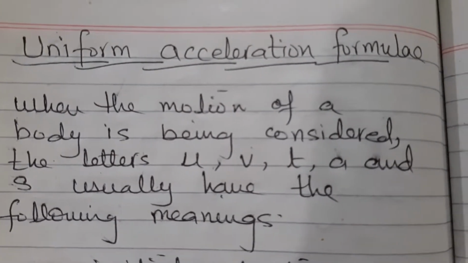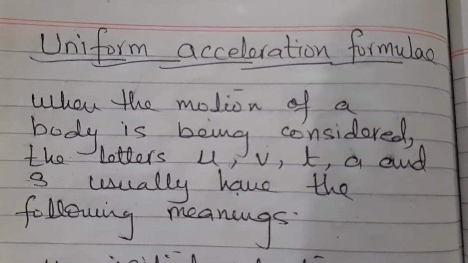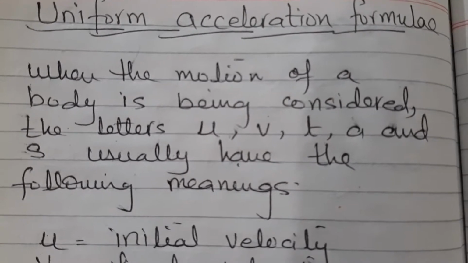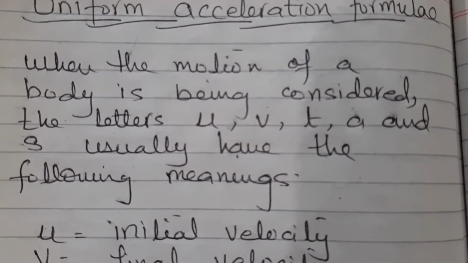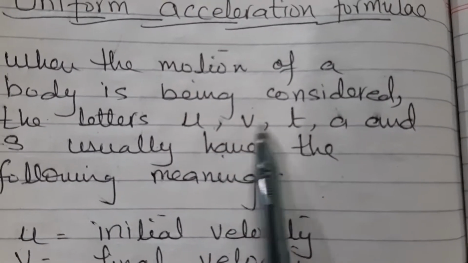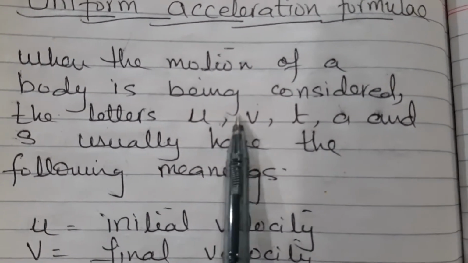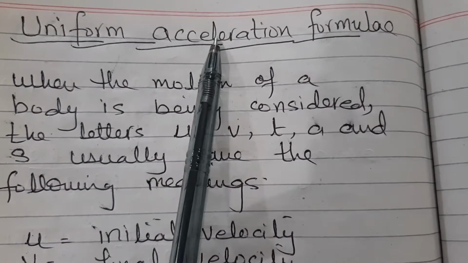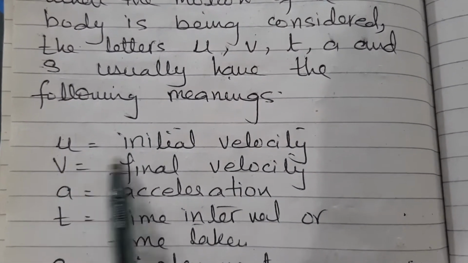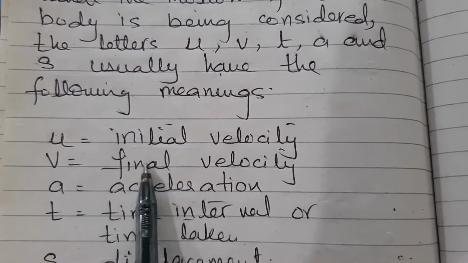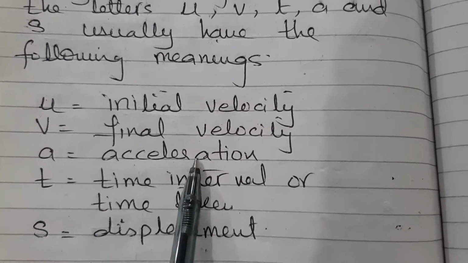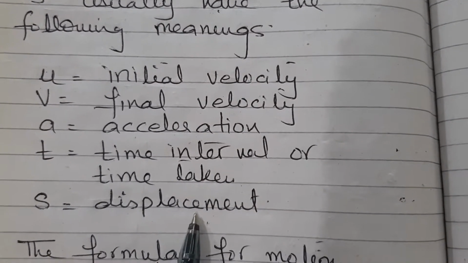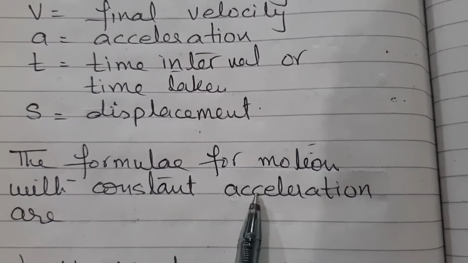Now we will see what are the formulae for uniform acceleration, which are also called SUVAT formulae. We need to understand the meaning of those letters first of all. The letters are U, V, T, A and S. These are all small letters, right? And the formulas are for uniform acceleration, constant acceleration. Remember this thing. U represents initial velocity, V represents final velocity, A acceleration, T for time interval or time taken, S is displacement. So the formulae for motion with constant acceleration are,